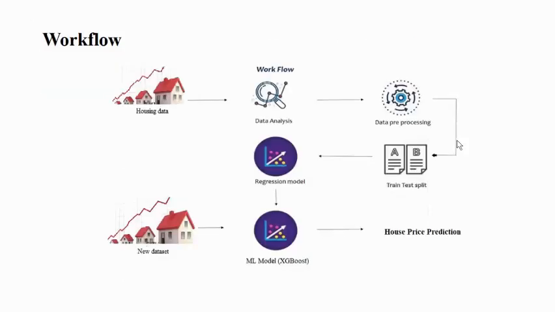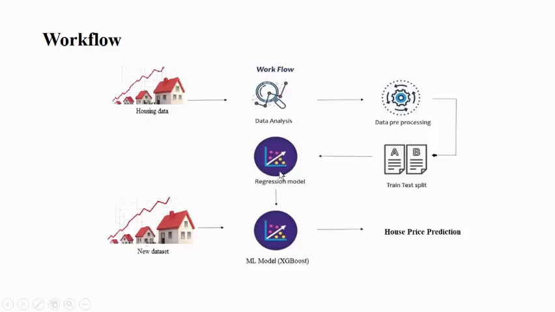The workflow of my study is as shown in this slide. Initially, the housing data was downloaded, and then I did exploratory data analysis of the data set, that is, the correlation matrix and different probability distribution functions for the independent variables. In the data pre-processing step, I plotted the box plots as well as the distributions of different independent variables. In the next step, I divided the data set into two parts: 80% of the data set is used for training, and the rest is used for testing. Then different machine learning algorithms were trained and tested on this data set.